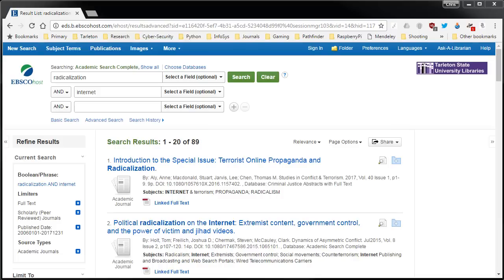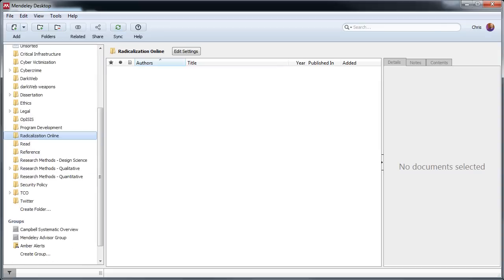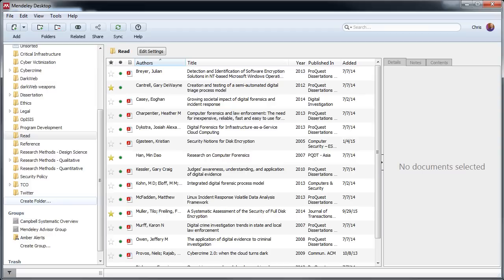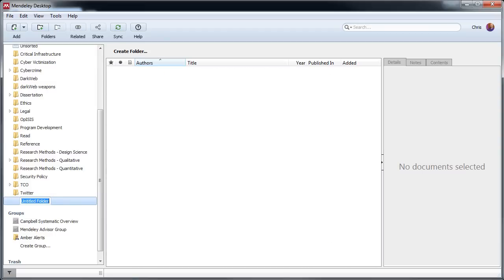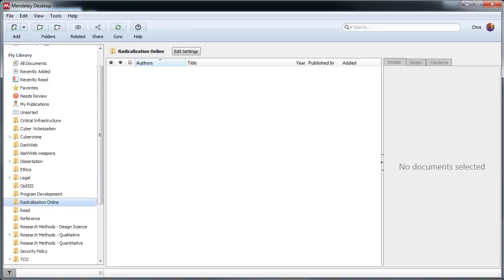So the first thing I'm going to do is set up Mendeley. And what I've done in Mendeley is, I'll just redo this real quick. I'm going to remove that folder. You can come down here to create folder and just title it a new folder. Make sure I spell it right. Okay, radicalization online. This is just a way of organizing my documents. You can see I've got all kinds of stuff in here, but I want to really talk about radicalization online. All right, so now that Mendeley is set up,